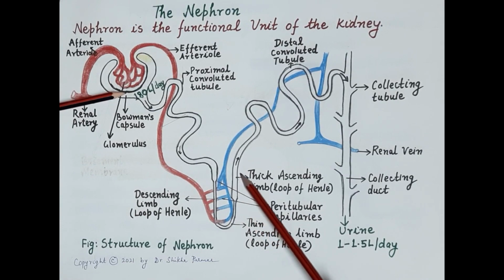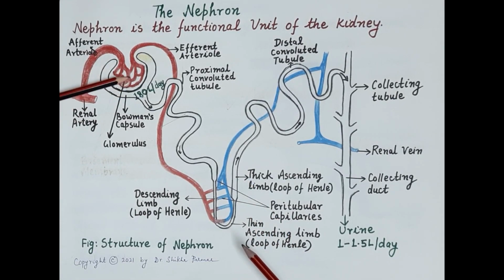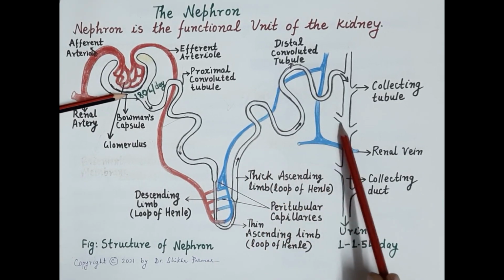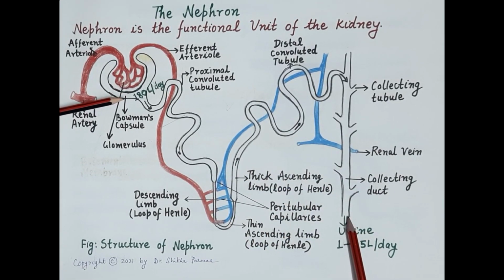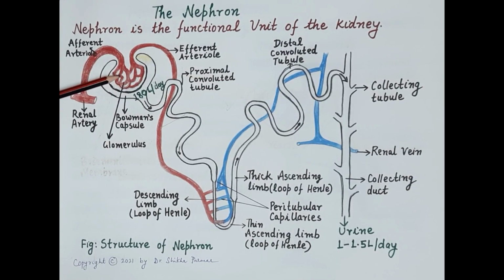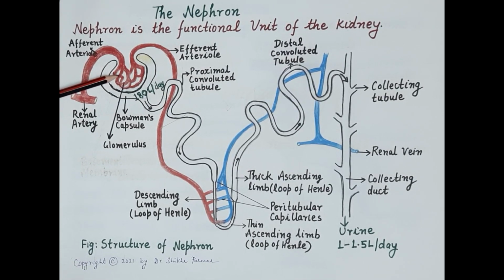Now so we can say that a nephron is made up of glomerulus, Bowman's capsule and the renal tubule, which is about 3 cm long. Now this Bowman's capsule is a cup-shaped structure and it completely encloses the glomerulus. Now this glomerulus is made up of tuft of capillaries and these capillaries possess fenestrations or the pores for the